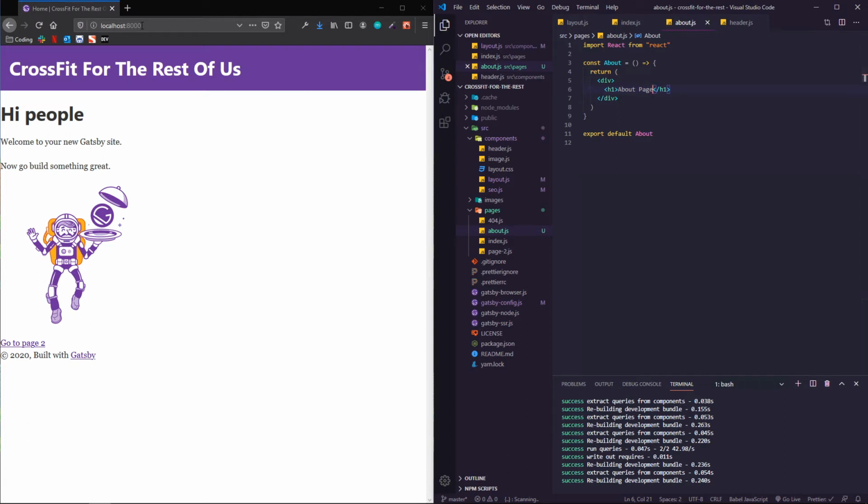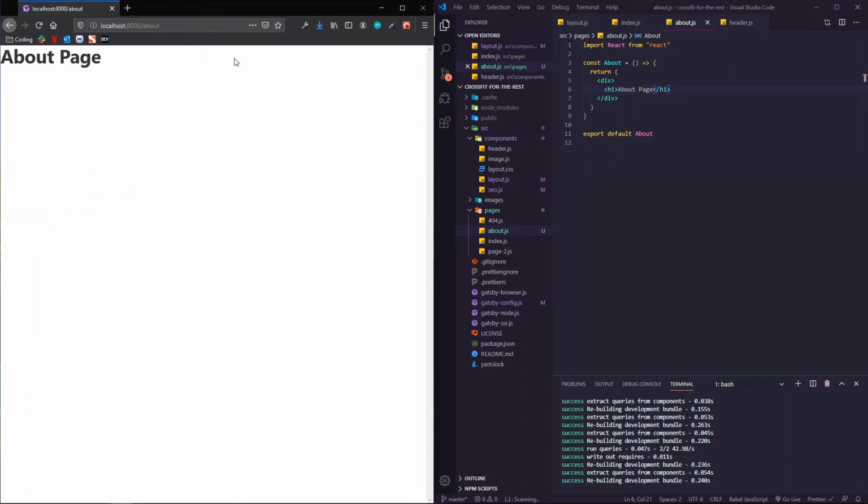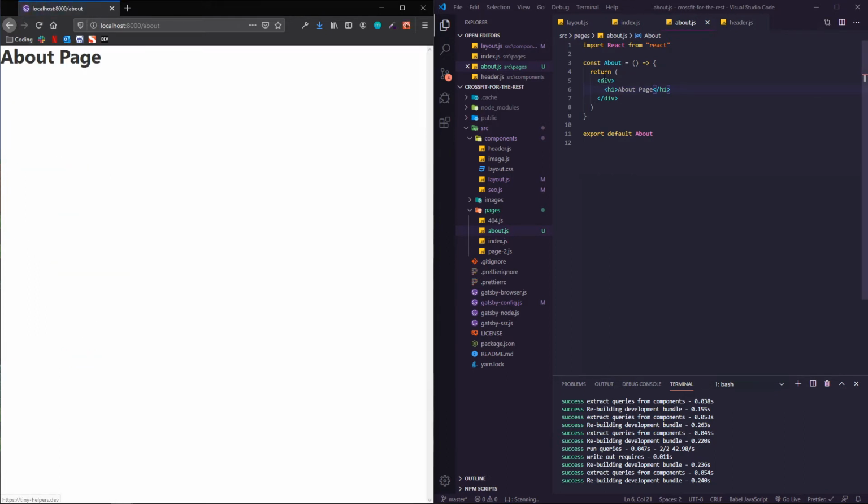Now if I go to localhost 8000/about, now I've got my About page. So that's pretty nice. But you notice that this purple banner thing and the footer disappear if I go to About. So what I can do instead is, instead of wrapping this with a div, I can wrap it in layout